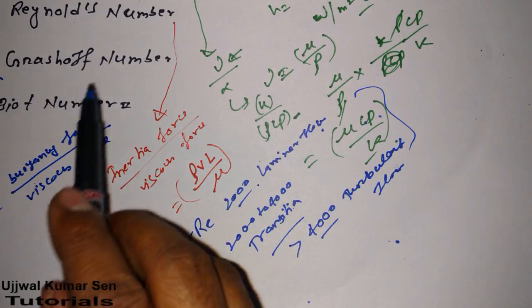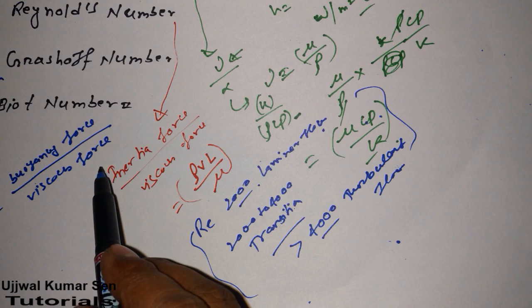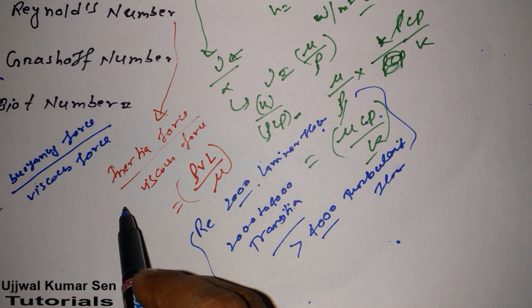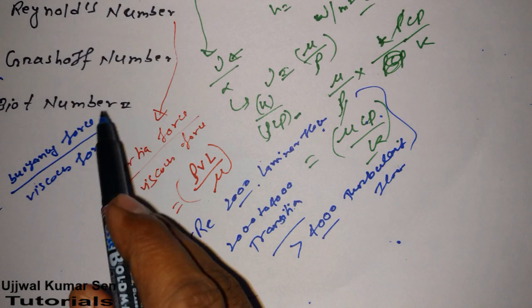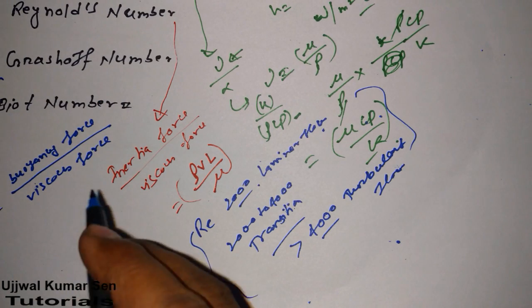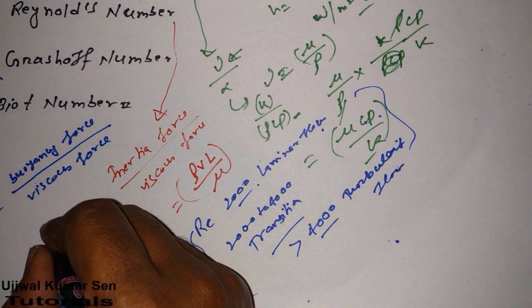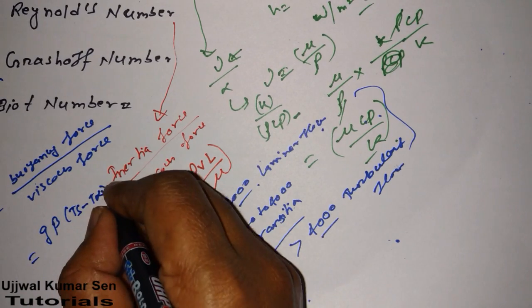There is little difference between inertia, Reynolds number and Grashof number. In the division we have viscous force for both, but on the upper side inertia force is for Reynolds number and buoyancy force is for Grashof number. So what we got here is g beta (Ts minus T infinity)